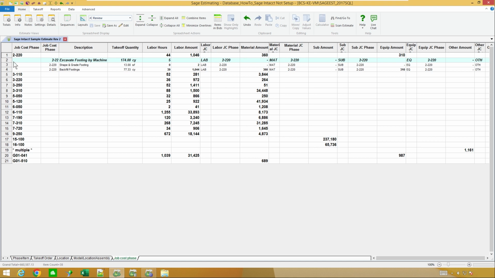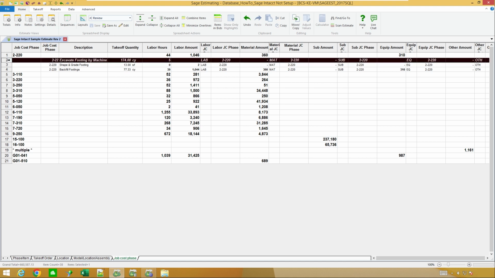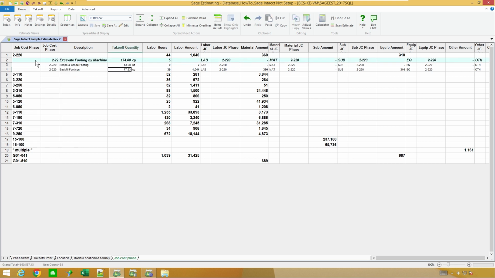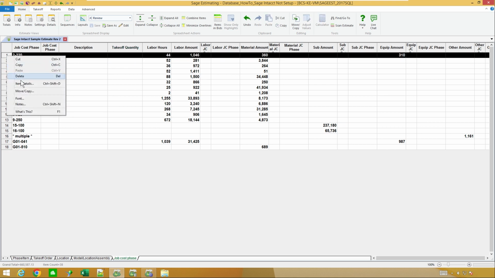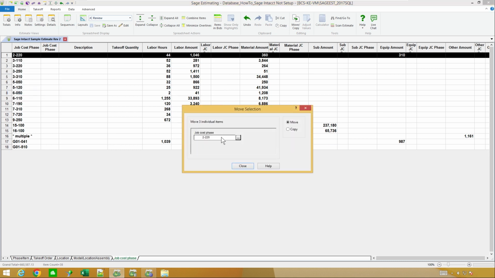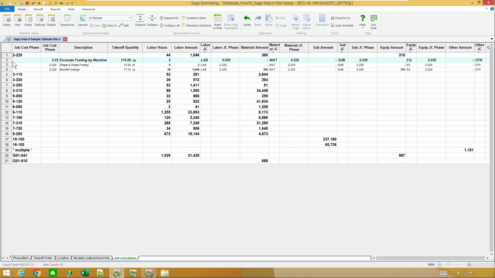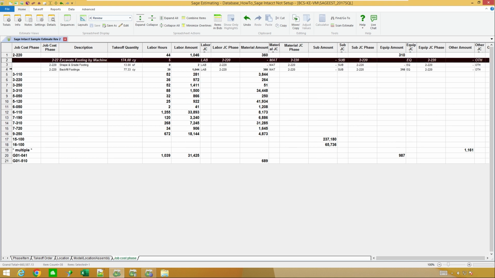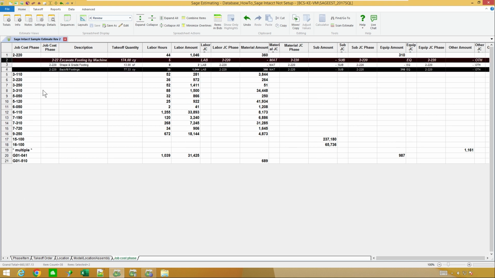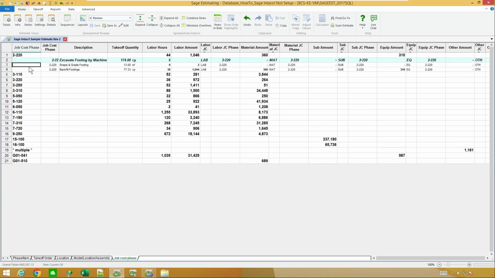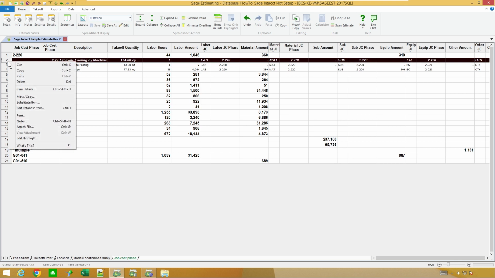Now I could highlight individual lines to do my move copy. If I keep a folder collapsed, it would automatically do everything. So theoretically, everything that's in that heading in my mind all needs to go to some other heading. So if I keep it collapsed, I can go off and do move copying of all three of those items at once. Keep in mind also that you could do things like maybe use your control key. So I could say, well, that one and that one, and just tag certain lines. So that way it's a little bit easier than moving things around and so forth. So I'm going to start with just doing the one first.